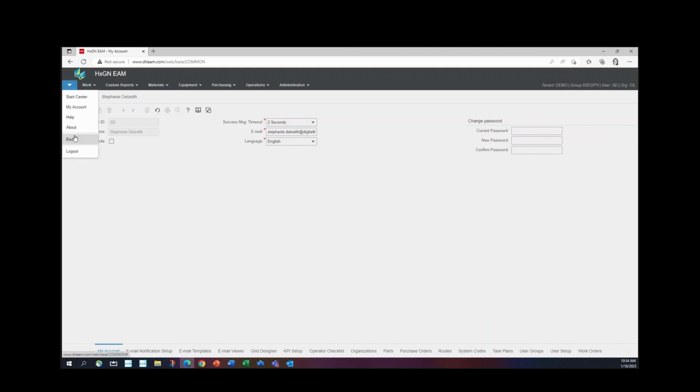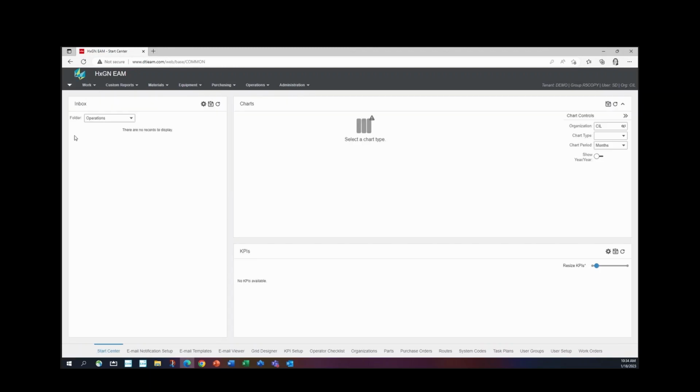Back is great because you can go back to the screen you were previously at. And it took me back to the Start Center because that's the only screen that I've been to so far. And then the proper way to log out of EAM, besides up here hitting the X,